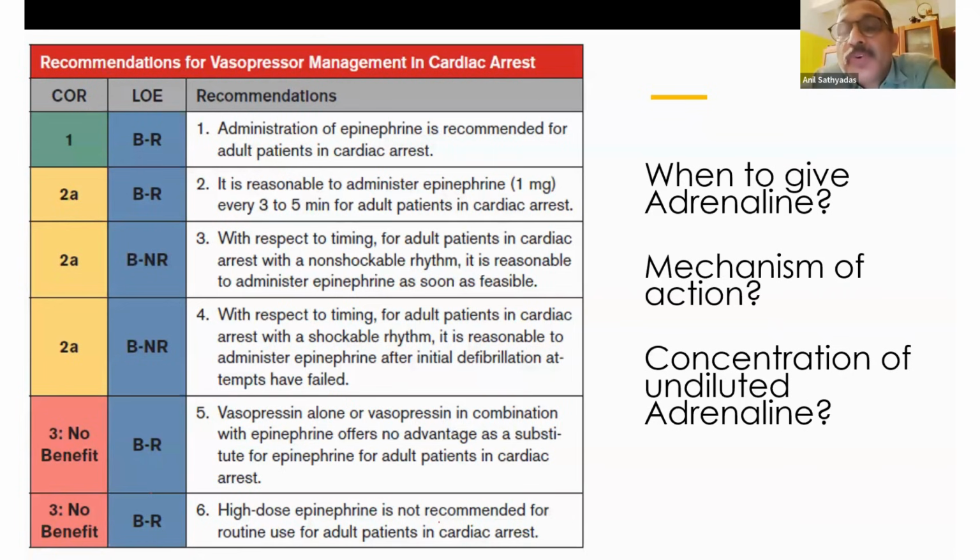Okay. And what is the concentration of undiluted adrenaline? 1 ml contains 1 milligram. So you have to give 1 ml. So when you give 1 ml into the veins where there is little circulation, it will not be pushed into the central compartment. So how do you push it? You have to give a chaser fluid. So 10 to 20 ml of saline you can give as a chaser, so that will push the 1 milligram of adrenaline that you give into circulation. Second option is to milk the arm or elevate the limb. Okay. So it's always high doses of adrenaline that is recommended. We have class of recommendation 1.